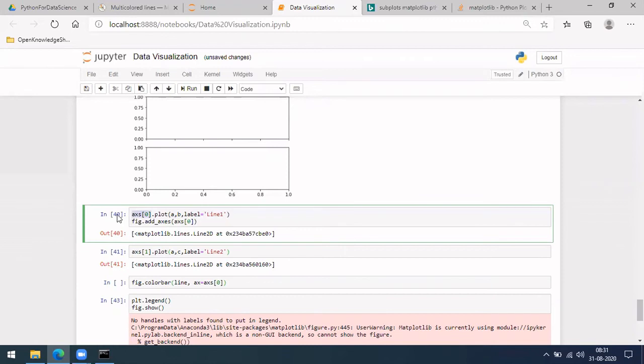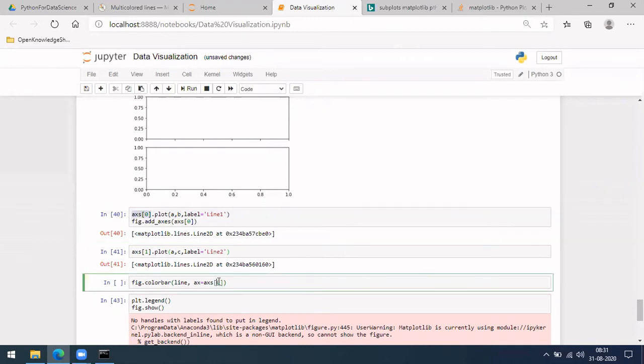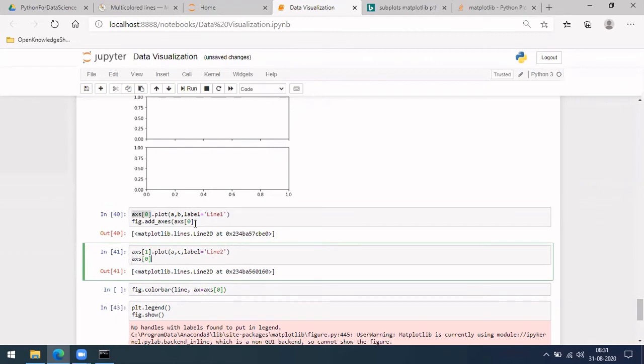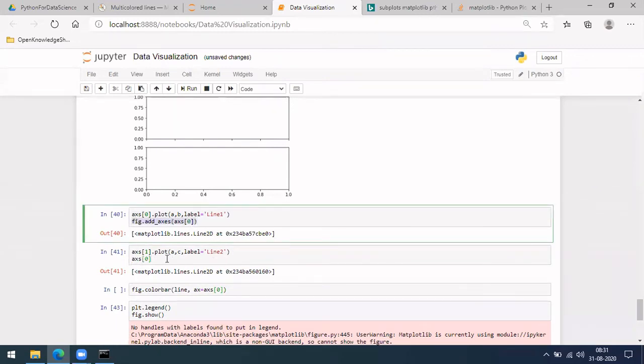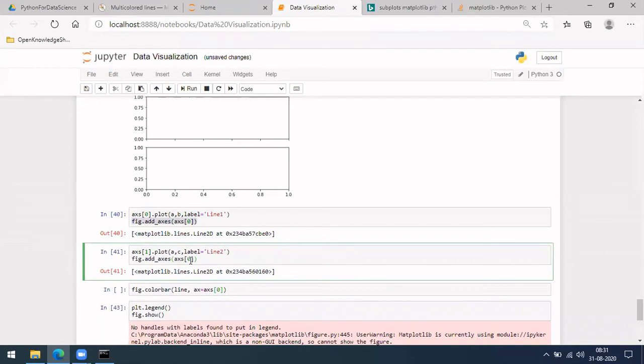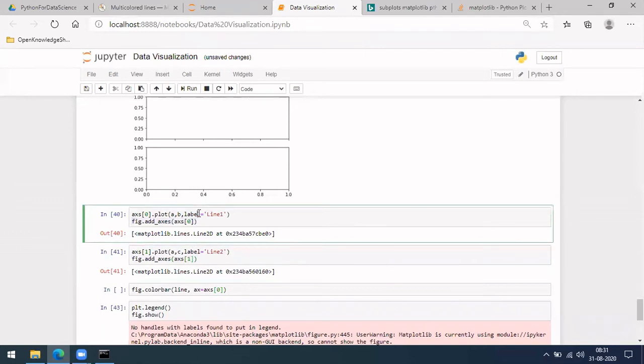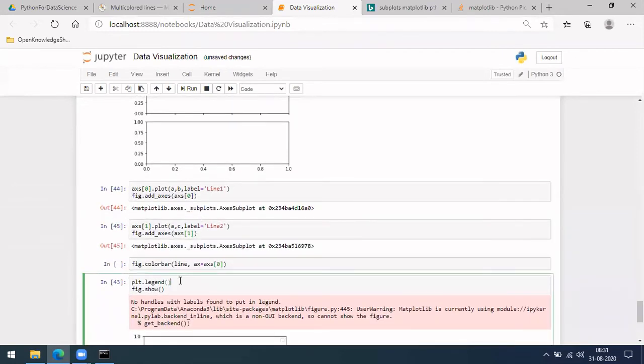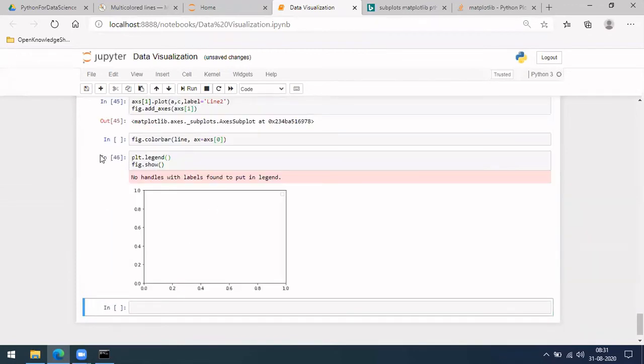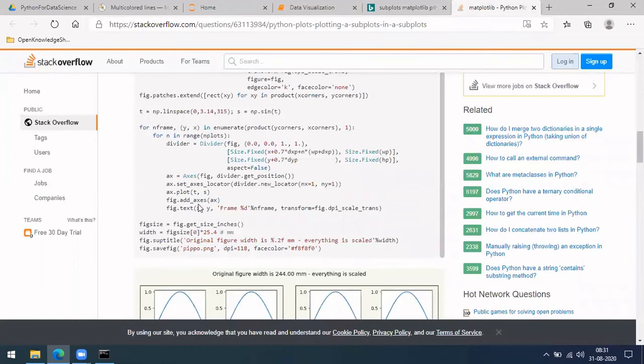Okay, is this the correct way? Let me see, I'm not sure if it works. Okay, it did not work. axs is correct. Okay.